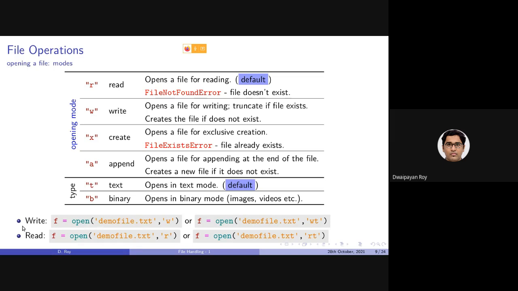Yes, so we were discussing write, and for reading, we can specify either the absolute path or the relative path. We can specify the mode as well, but this is optional. As we want to read, this is the default mode. We can also specify rt. In that case, it will be basically the same. So rt is the same as not specifying any argument: r is for reading and t is for textual data.